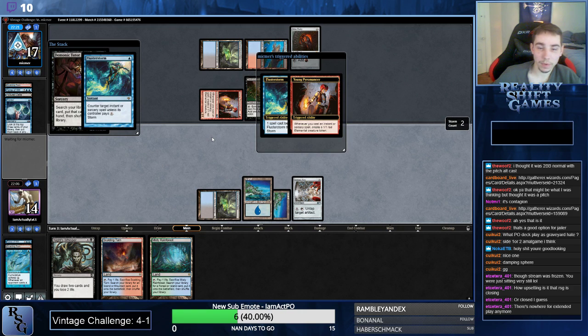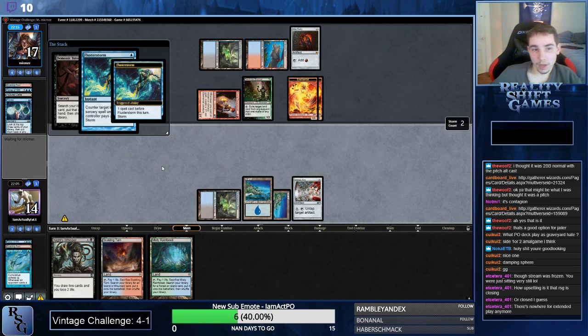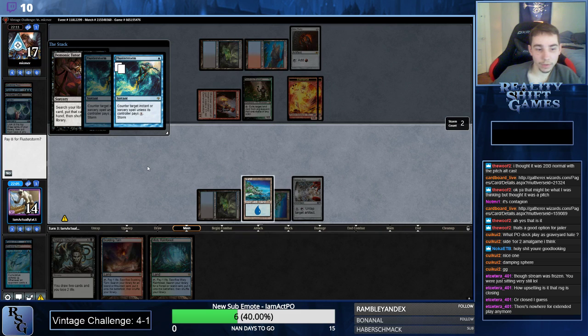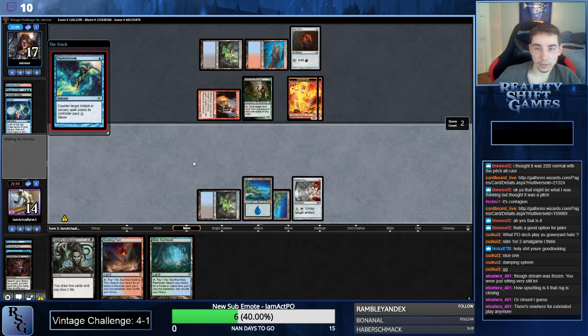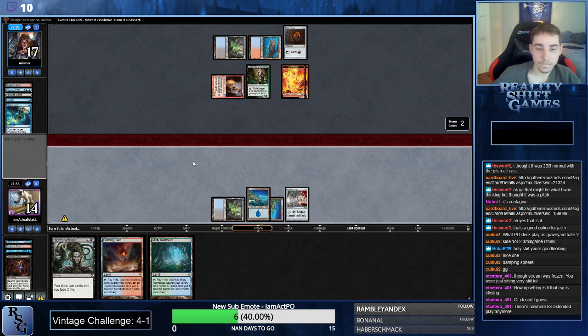Wow, Flusterstorm? That's super brutal. That's super, super brutal. It's going to be rough. We could have gone Night's Whisper, but that slows us down by another turn, unless we draw mana sources. Yeah. No, I think it's correct to jam in here. We're really far behind, but